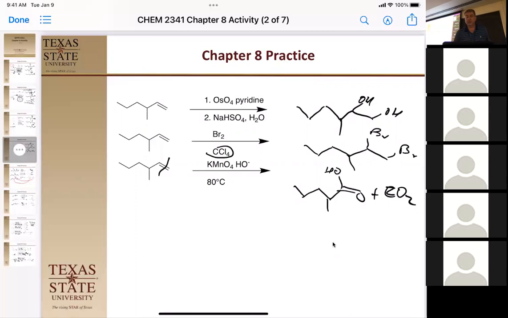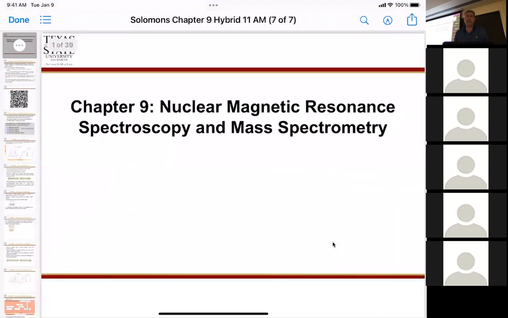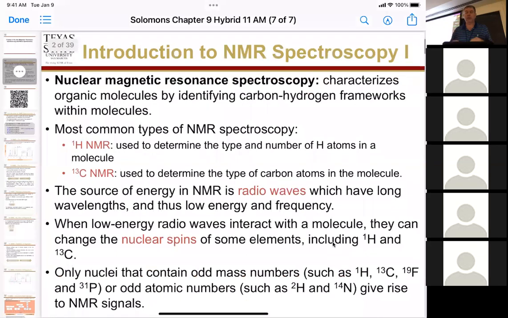Okay. So let's close that and get out our chapter 9, nuclear magnetic resonance spectroscopy. It's nuclear, not nucular. The president said it wrong. Okay. And we're going to do some mass spec too. We're going to learn a technique that is going to help us, well, not us in particular, but as chemists make new molecules, they use this to identify the carbon-hydrogen attachments and frameworks, as well as the carbon-carbon frameworks of these molecules we're creating. So the 2 most common types of NMR spectroscopy we have is what we call proton spectroscopy,